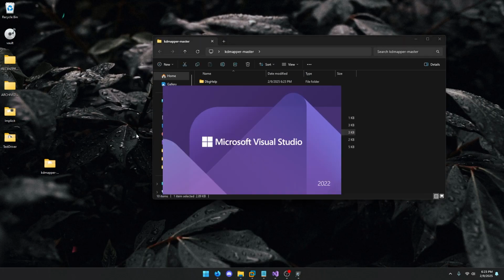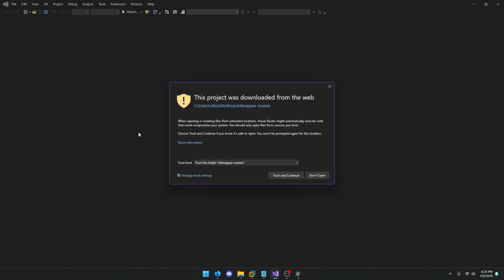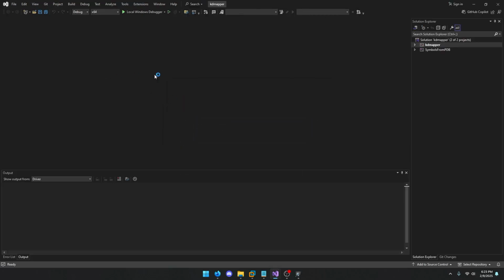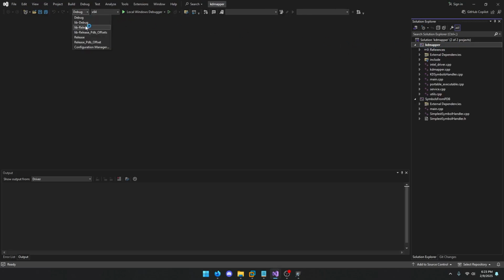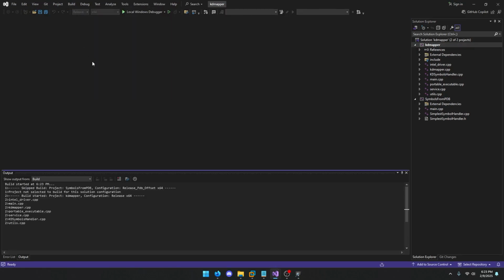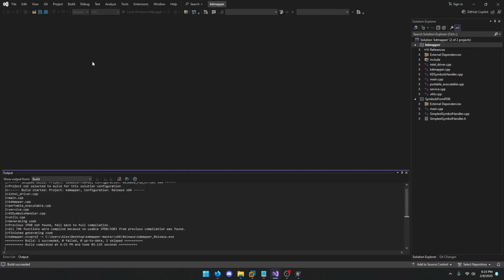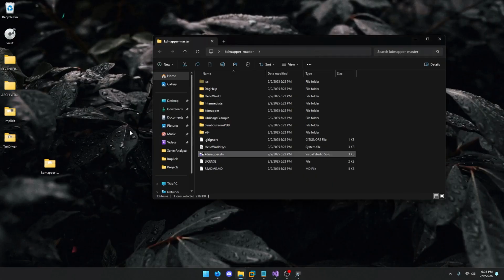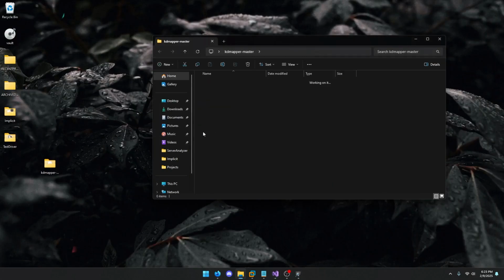Okay. I trust this. Okay. So we should just be able to put this on release and then build the solution. Alright. So we now have a working KDMapper